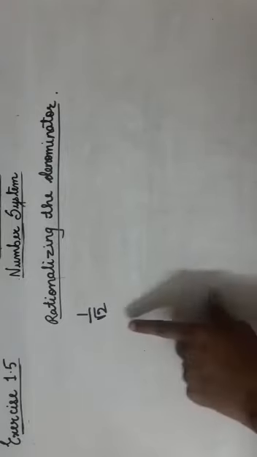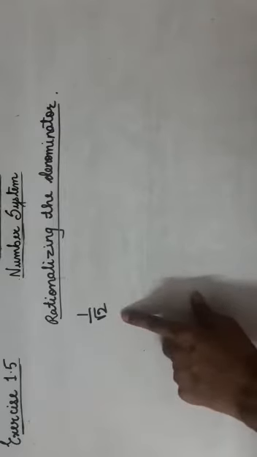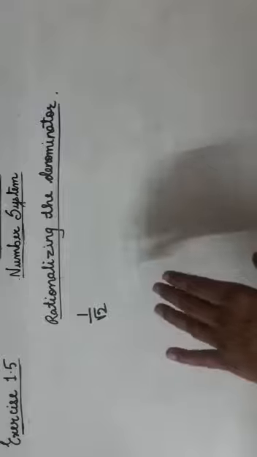Rationalizing the denominator. Suppose one number is given to you and it is asked to rationalize its denominator. So, let us take one example, say 1 upon root 2. Now, in every question of this type, the denominator is going to be an irrational number. Now, if you see here, the denominator is root 2, right? And it is asked to rationalize the denominator. To rationalize denominator, we need an irrational number in the denominator, right? It is irrational, that's why it is asked to make it rational. Rationalizing denominator means making the denominator a rational number without changing the value of the given number.